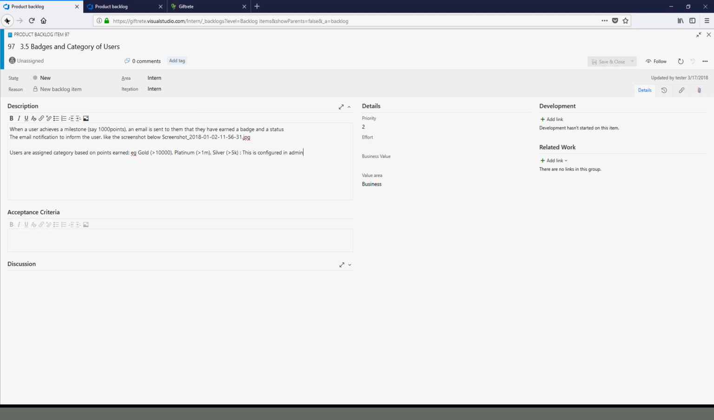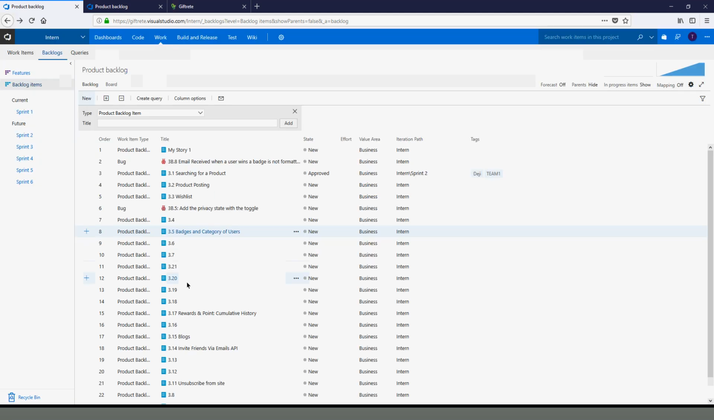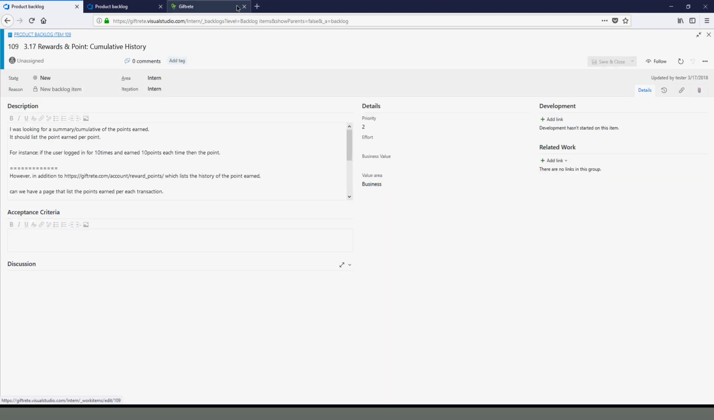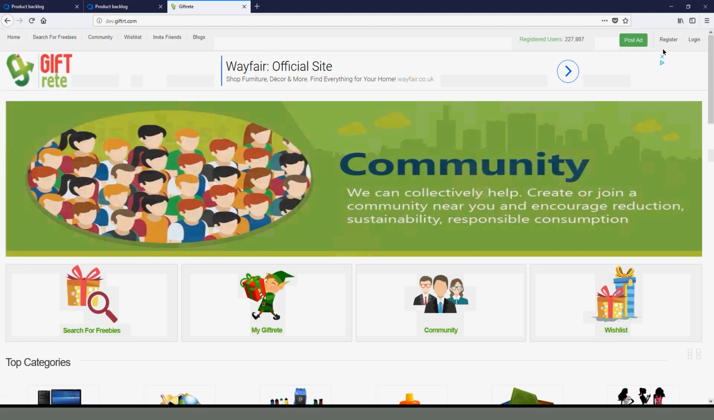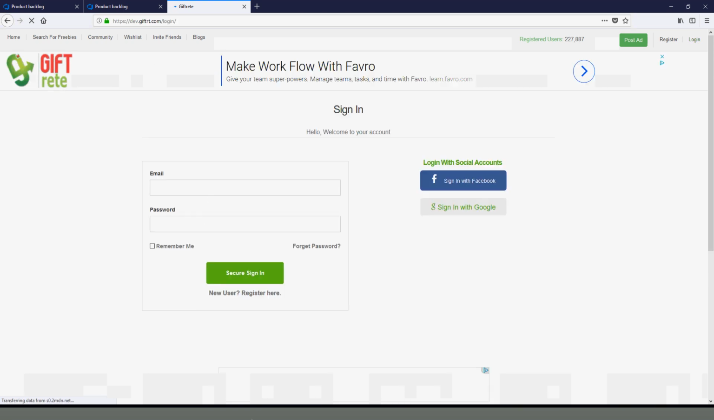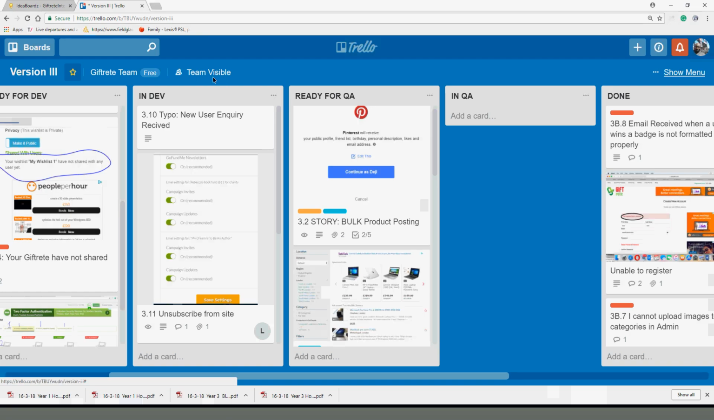So anyway, the next one, which is similar to badges, is reward and cumulative. So that is also the same thing. So if you go to